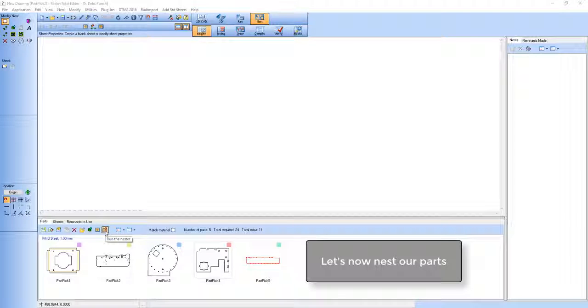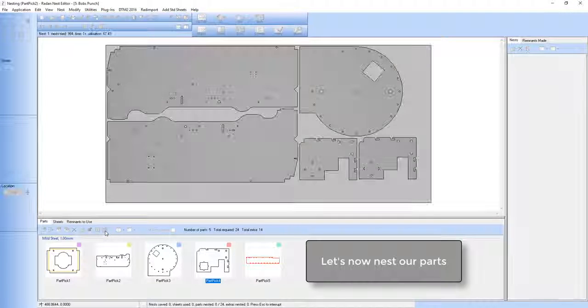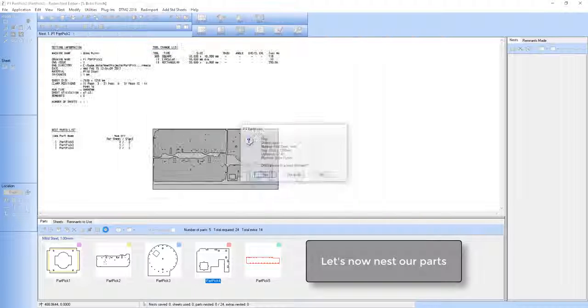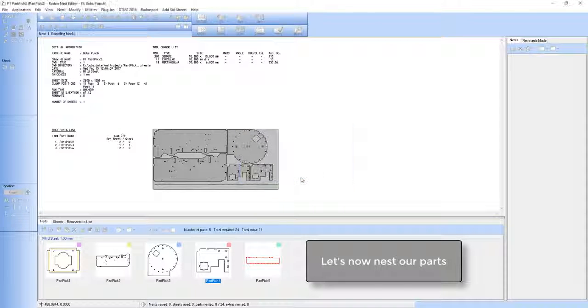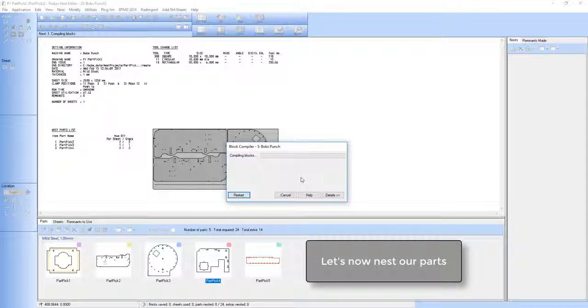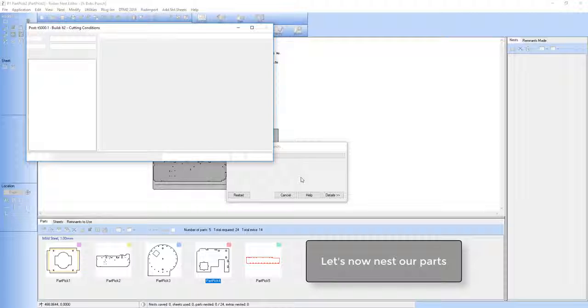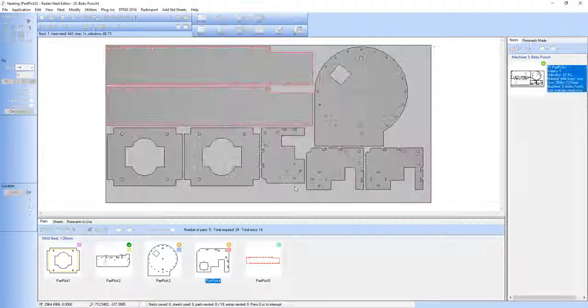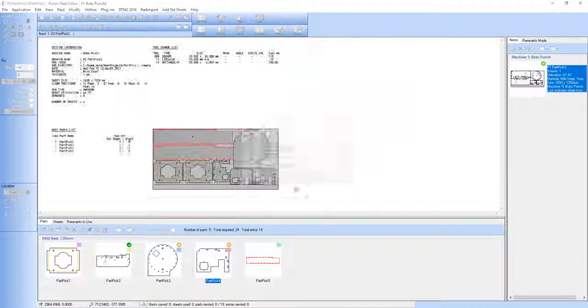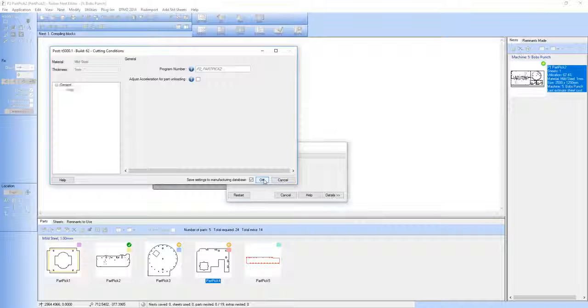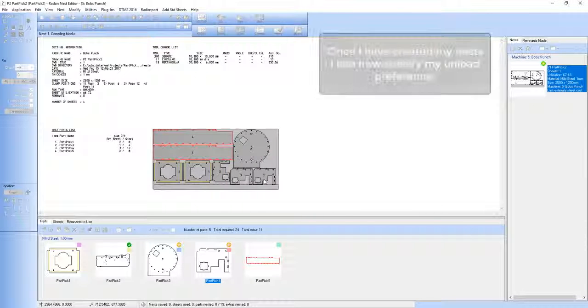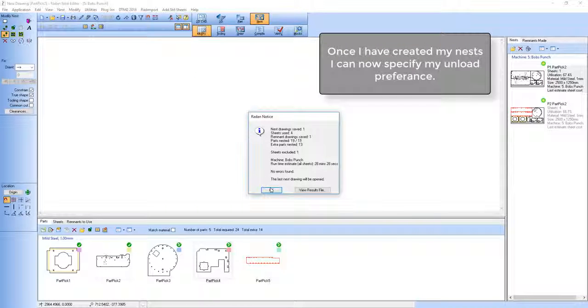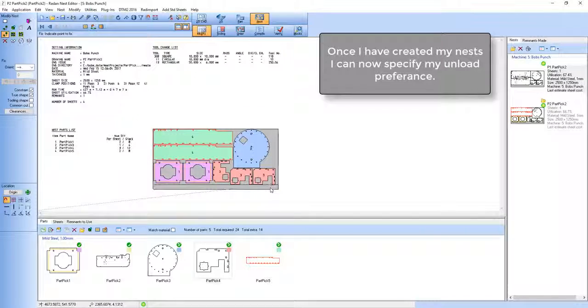Right, I'm going to now nest my components, and in my nest options I've set it to auto compile these programs. Here's my first nest completed and my second. Okay, once I have completed my nests, I can go into order mode and specify my unload